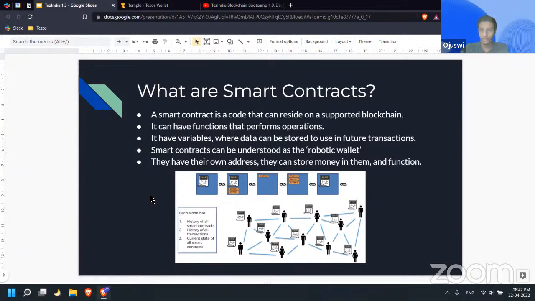Until then, the tokens are completely locked in. So that makes it very similar to a human handling a wallet, but it's just not a human; it's a code, and they have their own address. Yeah, we can store the money. And one more thing,